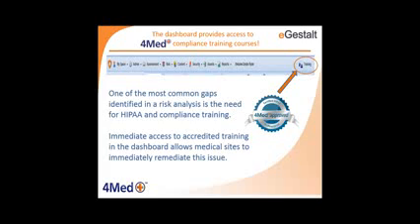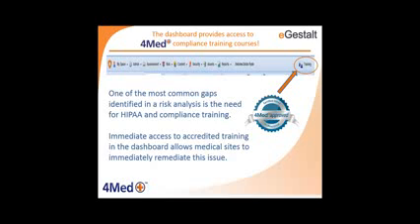Just a quick note about our element here as part of the tool offered by eGestalt, and that's that Format Approved, we specialize in online training around HIPAA, health IT, meaningful use, those subjects. And so we've partnered with eGestalt because we think that their tool is the best thing out there available for helping people manage their compliance. And we have a fully automated but very rigorous online education tool that you can access directly through eGestalt. So you can see on your screen that in the corner of the eGestalt tool you can click on training. That'll take you right through to access our training site where you can buy whatever training you need.